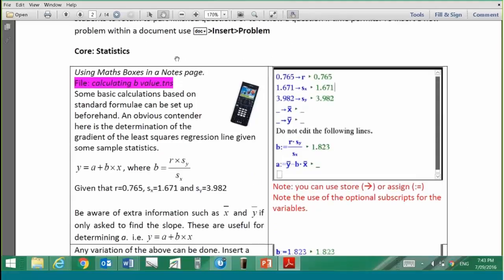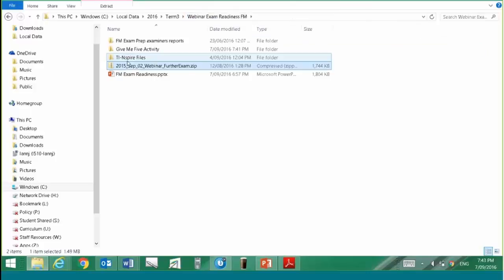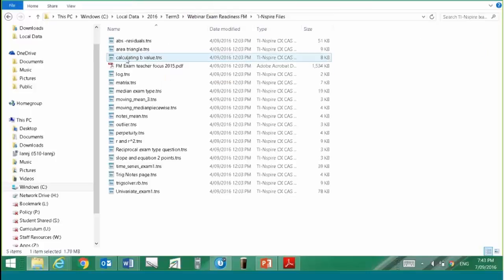And the problem here is, though, that because it's sitting inside a zip file, it won't work. So you've got to take it out. Take all the files out of the zip file, and what I've done is I've put them here, and you put that further maths PDF file inside the folder with all the TNS files. So then you run it,